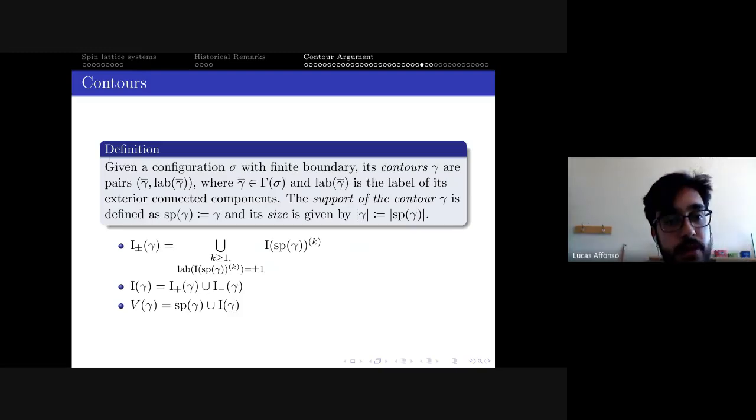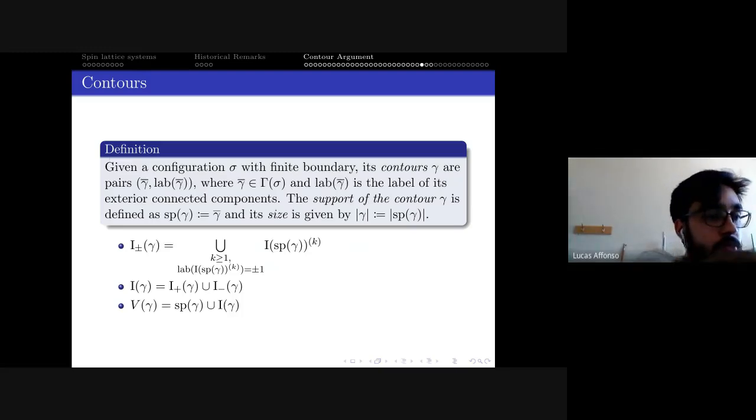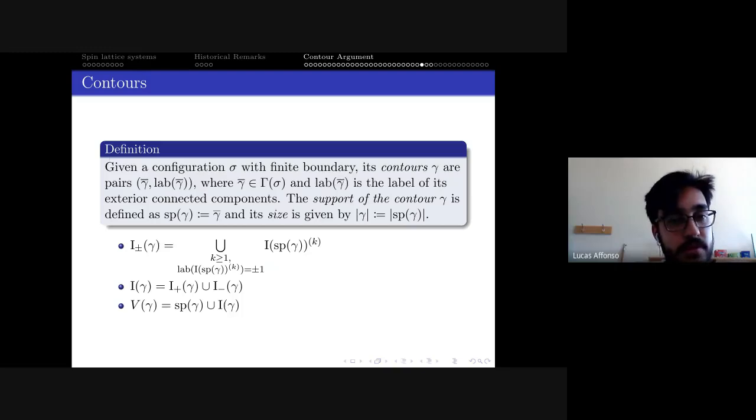You start with a configuration of a finite boundary, and then the contours are pairs, where one of them is a member of the MRA partition, and the other information you have is the label, and it's the label of the serial connected components. And of course, the support of the contour is the size of this element of the MRA partition. The support is the element of the MRA partition, and its size is the size of gamma. So we also need another auxiliary